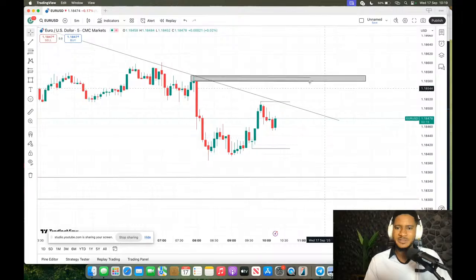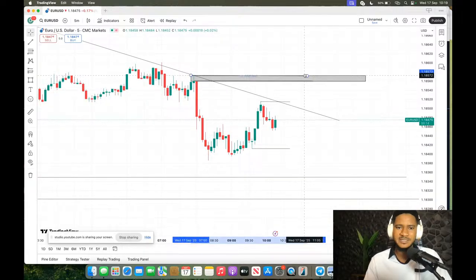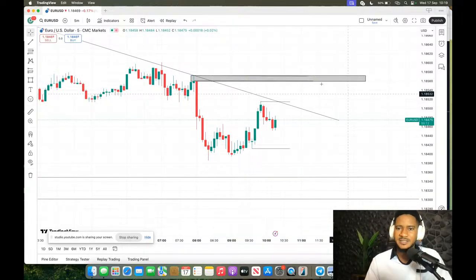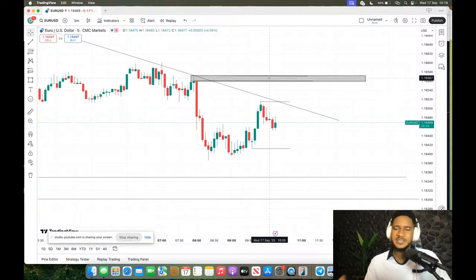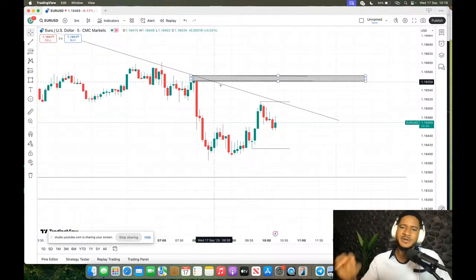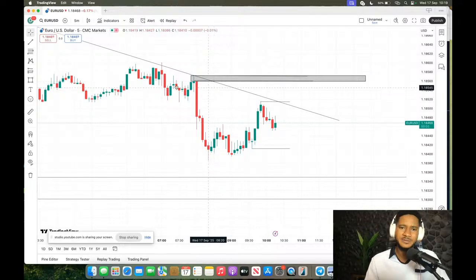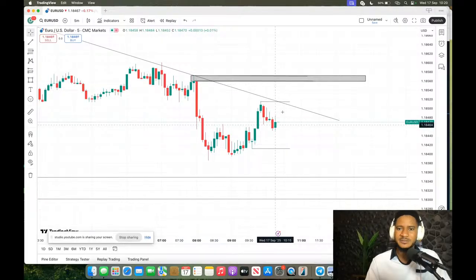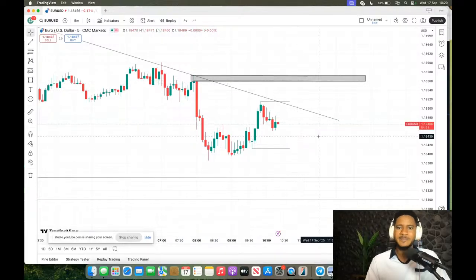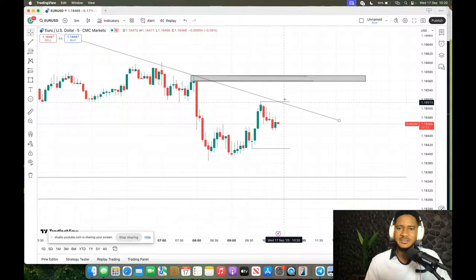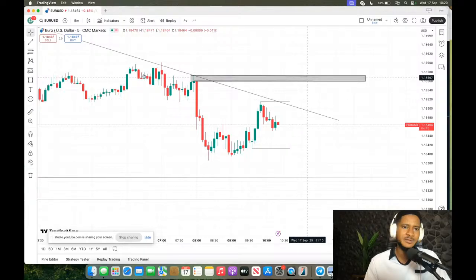In as much as we see this place as a liquid region, it is also a resistance area, both for basic trades and for the SNR strategy. Okay, this is a reversal candlestick here and a very bearish candle. So if the market comes towards here, we would have a good sell. If it takes out this point, we would have a good sell. So you see that there are different entries here. We can get a sell here, we can get a sell here. But it all depends